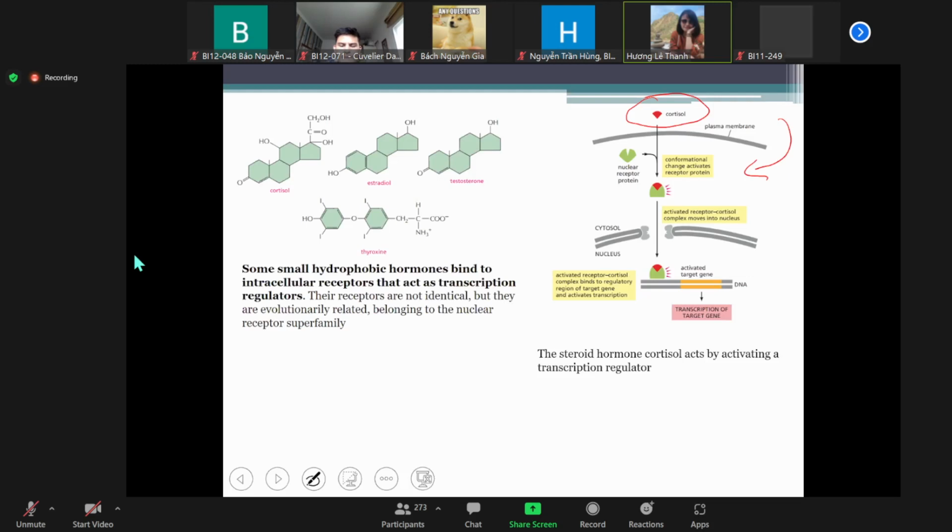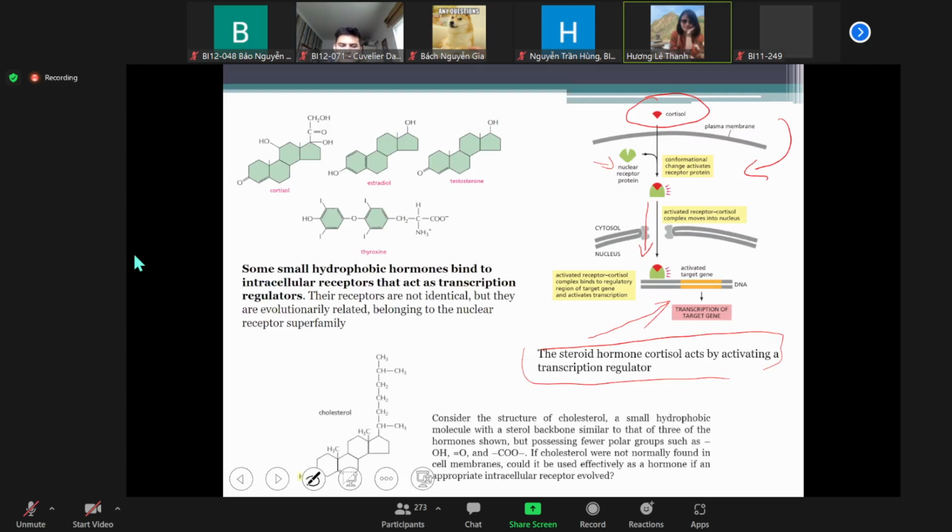So they can go and bind directly to the nuclear receptor proteins and go directly into our genes to enter the gene expression, so to make the transcription of the target genes. So this is a steroid hormone, the corticoids, activating a transcription regulator. What happened with the